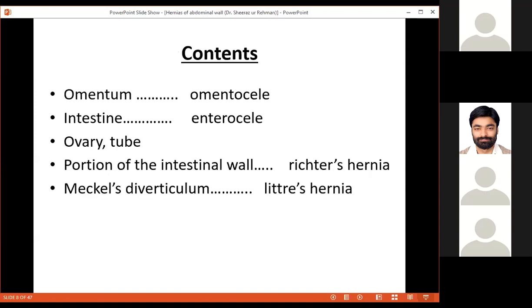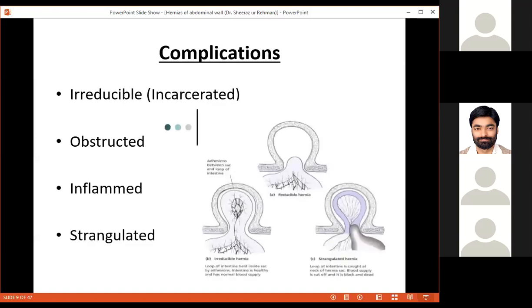So the content can be an omentum. In that case, it's called an omentocele. If it's an intestine, it's called an enterocele. You could have in a hernia an ovary, tubes, a portion of the small intestine, a Richter's hernia, Meckel's diverticulum, which is called Littre's hernia, and you might have an appendix, which is called an Amyand's hernia. So whenever we talk about